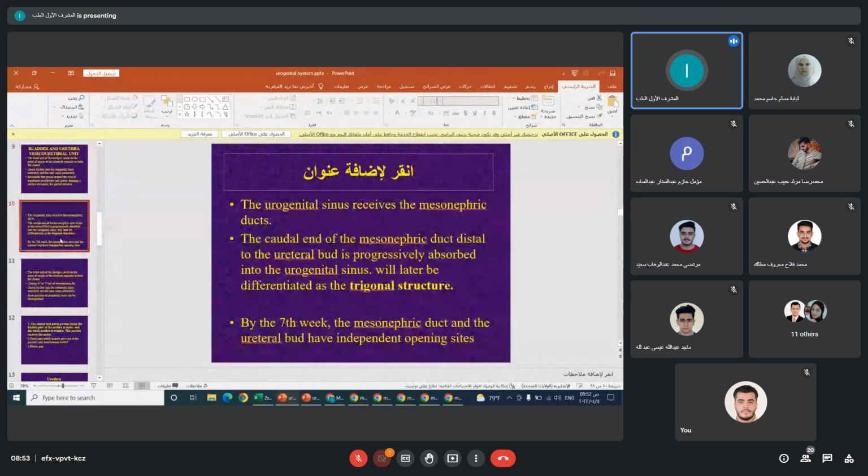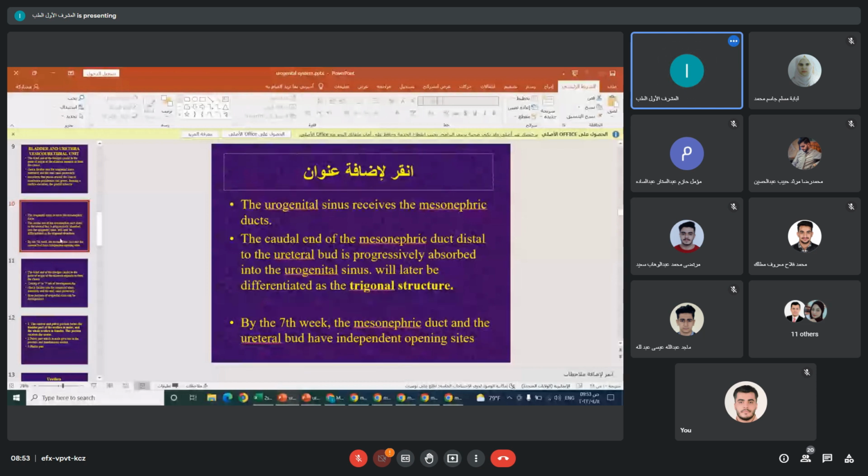The urogenital sinus, what is the urogenital sinus? It is the anterior part of the cloaca. It receives the mesonephric duct. The mesonephric duct, what did we say about it earlier? It gives rise to the ureteric bud, and also later it will form the vas. So the urogenital sinus receives the mesonephric duct. Okay. The caudal end of the mesonephric duct, distal to the ureteric bud, is progressively absorbed into the urogenital sinus and then